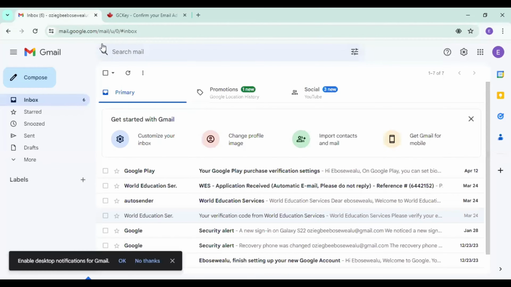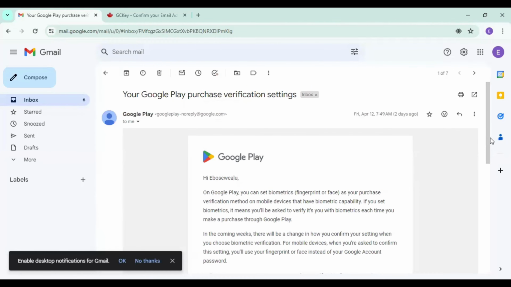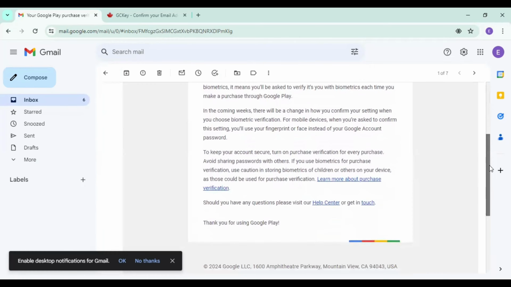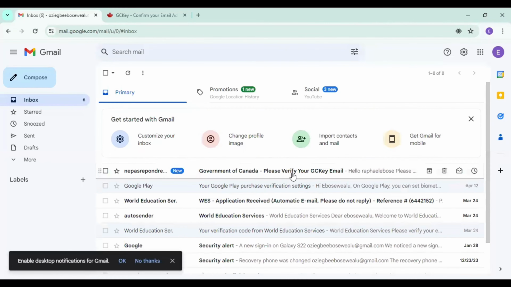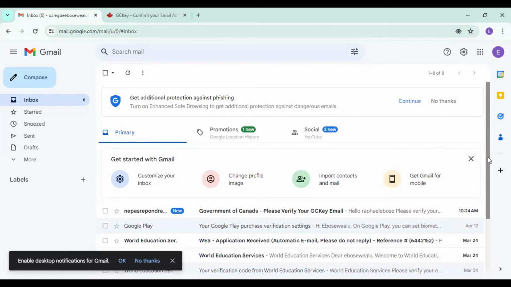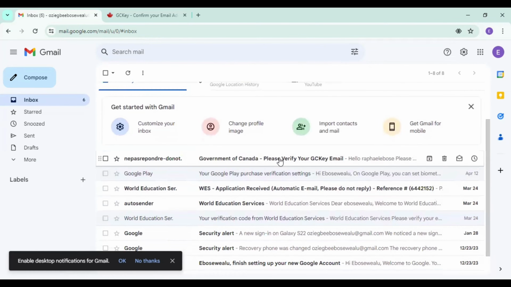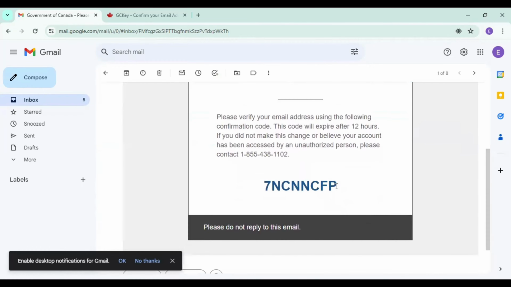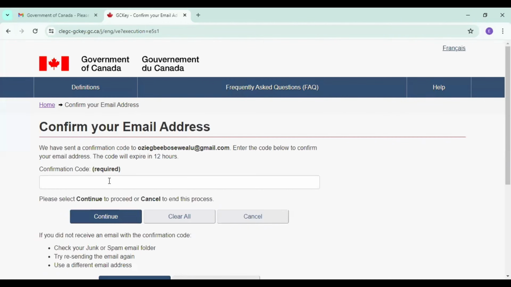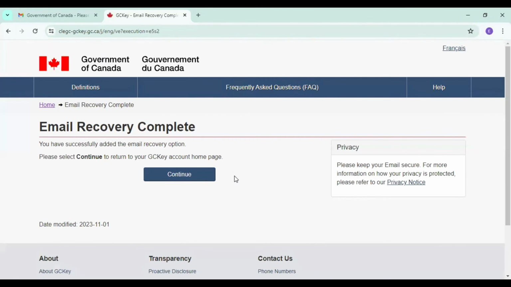So you go to your email. So you check for your verification code. So you can see here, it has been sent to me. So I'm going to copy the verification code. So you copy it, and you come back and paste it here to continue. All right, continue,